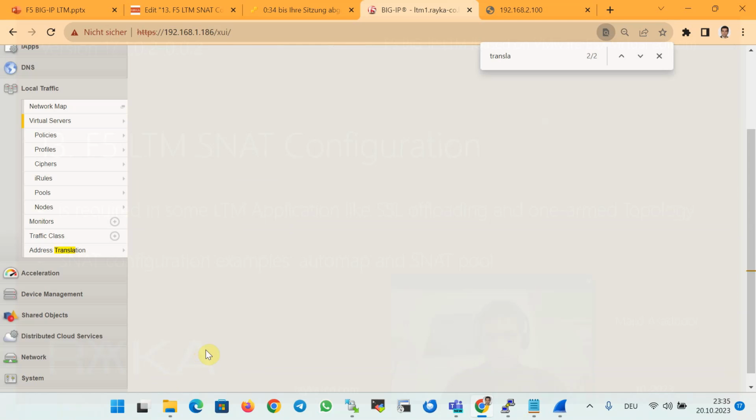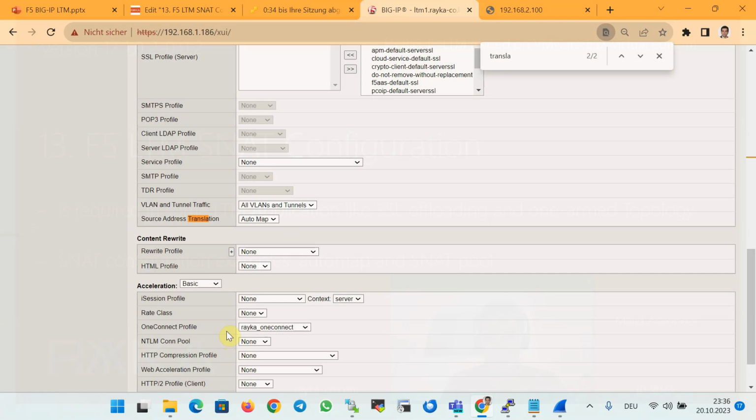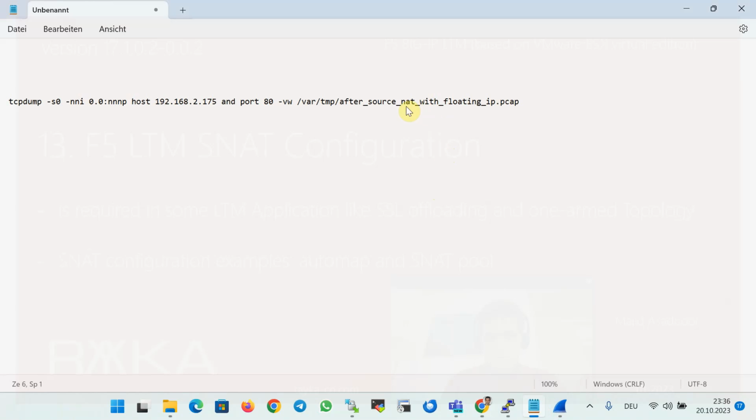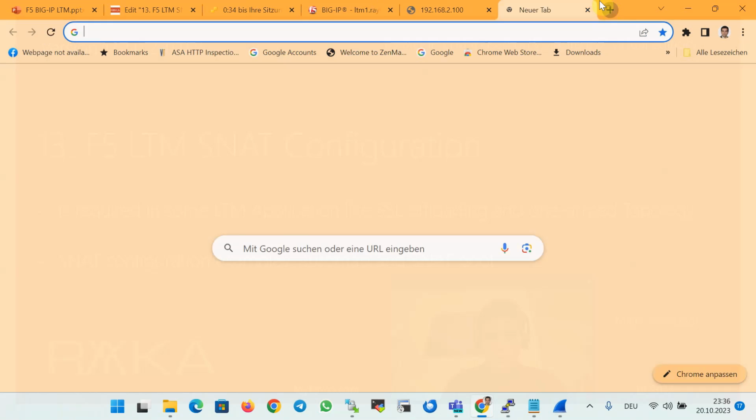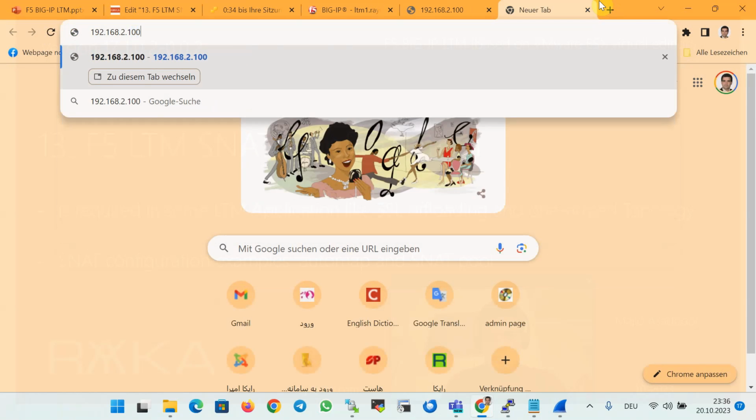After enabling SNAT, we can again connect to the virtual server and capture traffic and save it in a new file with the name of after-source-nat, for example. Copy the command, paste, and we connect again to the virtual IP